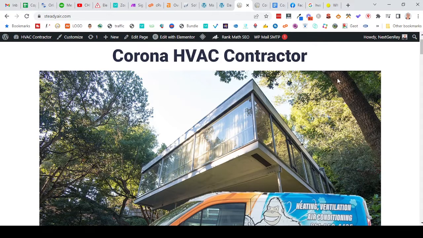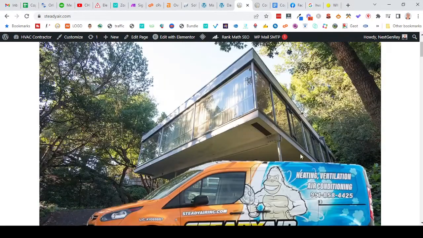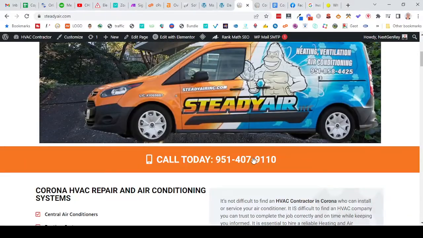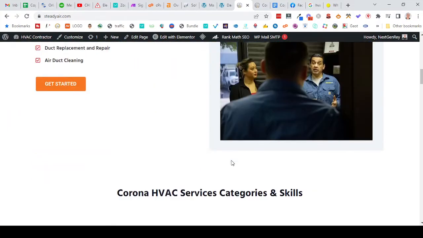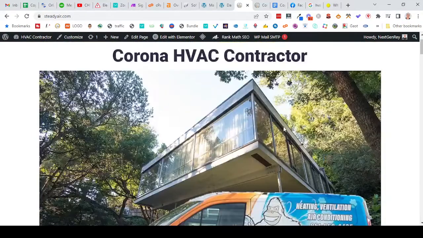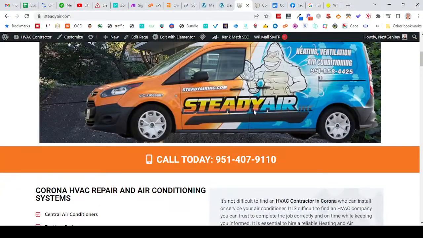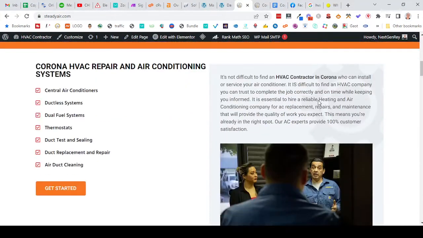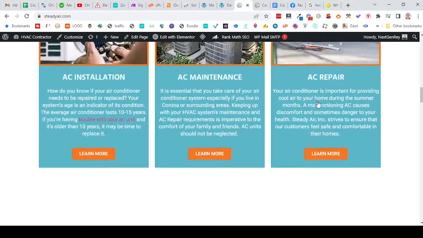Have a phone number to click. Have a form fill on the right-hand side, and a number here. Because they're probably going to go just down a little bit like this and then, okay, yeah, let me fill out the form or let me call them or whatever. So you want to make sure that this above the fold is converting, okay? Now if I keep going down,